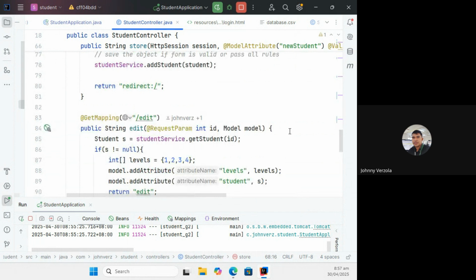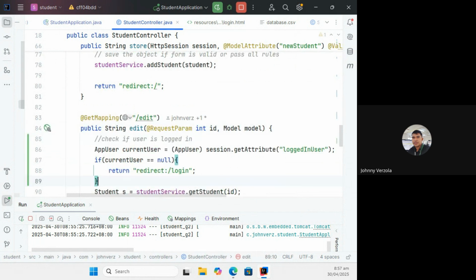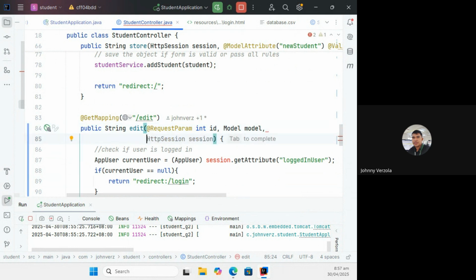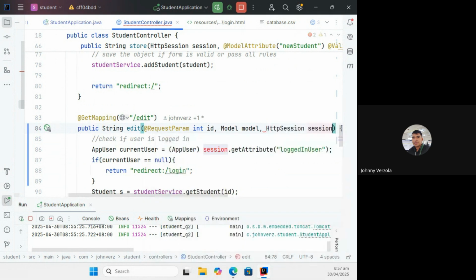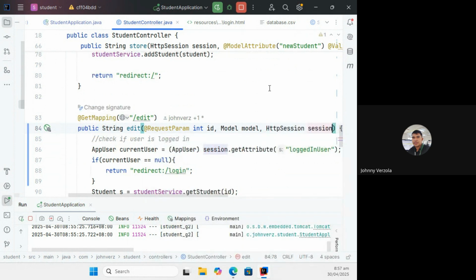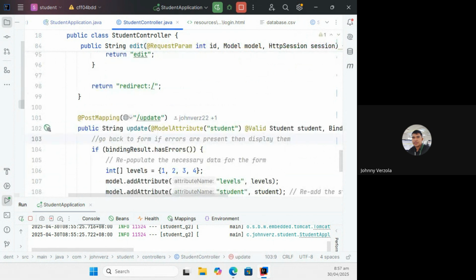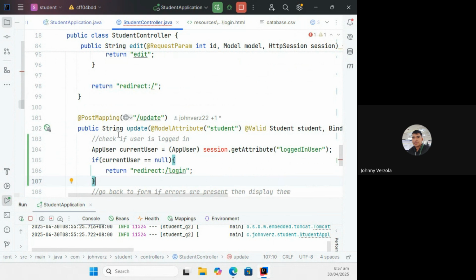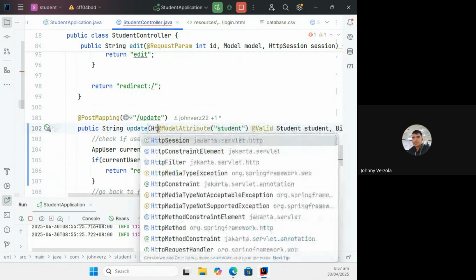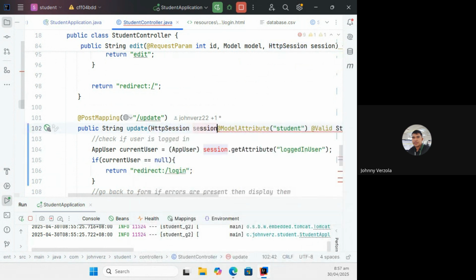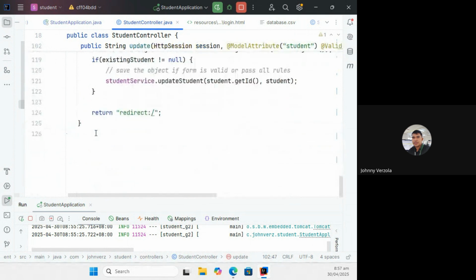I also need to protect edit. I don't want anybody editing anything in my application. It should be an authenticated user. Later on, we can deal with role-based authentication, wherein only the admin can access particular routes and a lower-level type of user has stricter limits. It's a different topic. I'm not sure if we can deal with that in the class, but I give you the idea. You can just ask ChatGPT and learn it by yourself. Okay, and there you go.